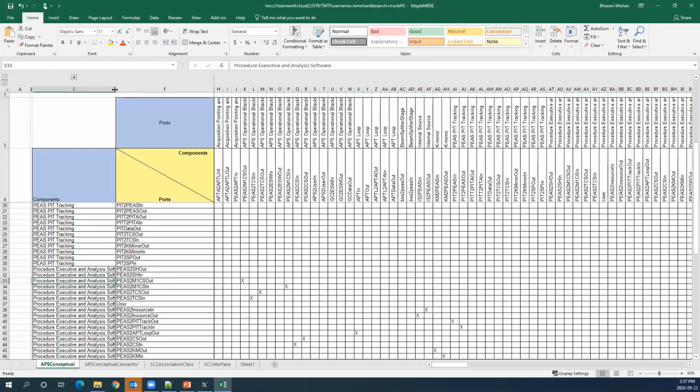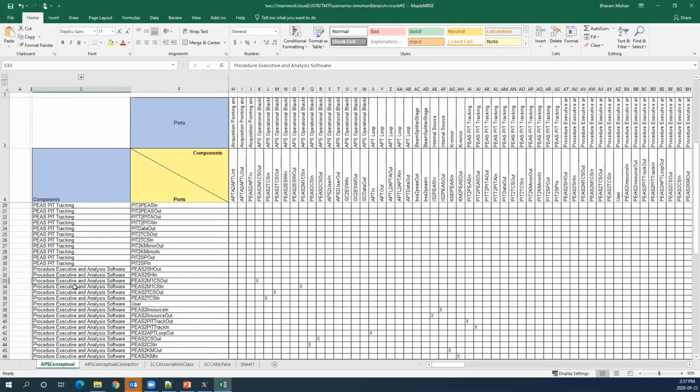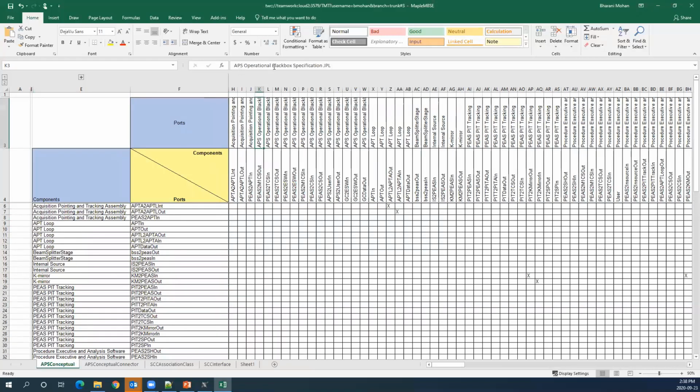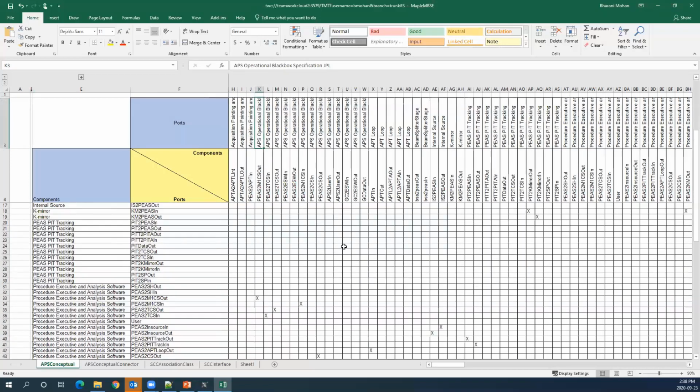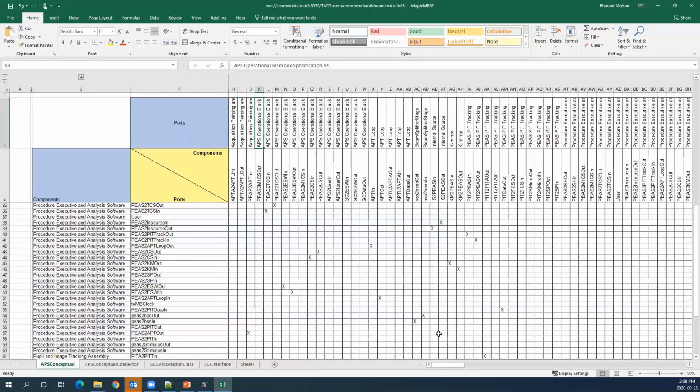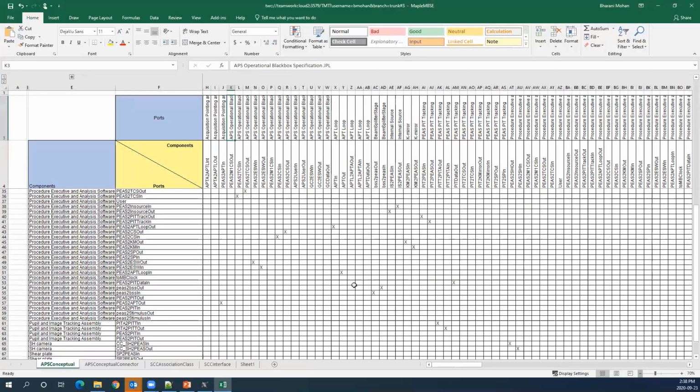For example, the procedure executive and analysis software, which is defined as a component in the model, using the port PAS M1CS out, has a connector connecting to the APS operational black box specification. Similarly, you can see that it's very easy for me to expose this information as a matrix.